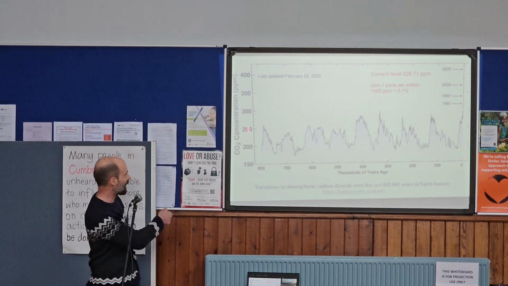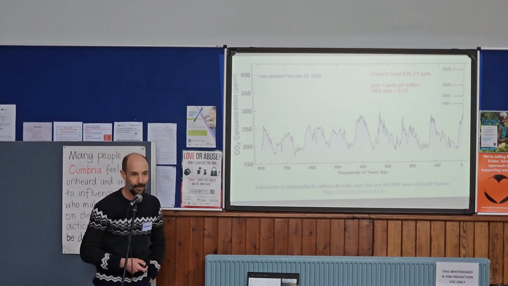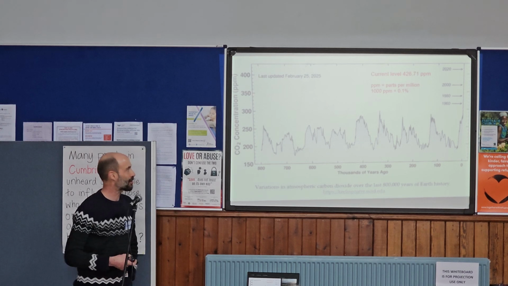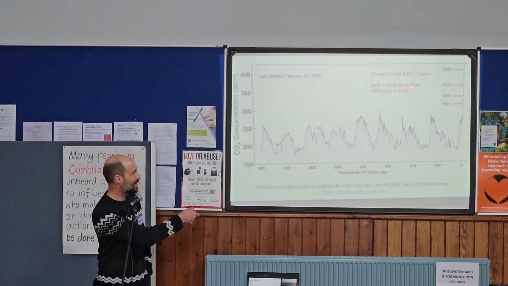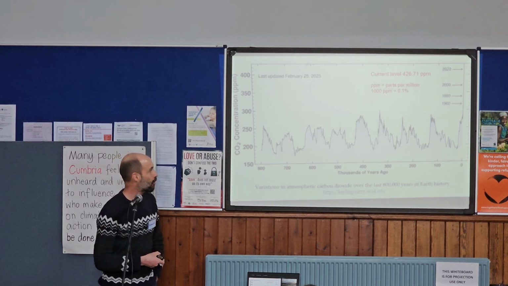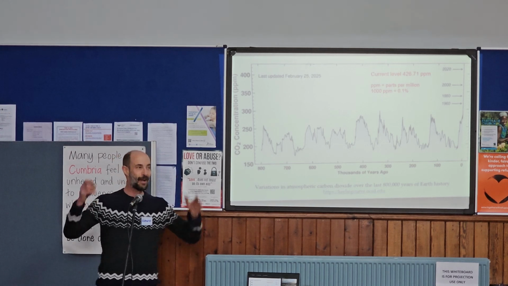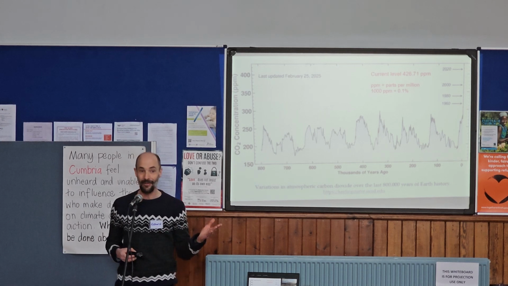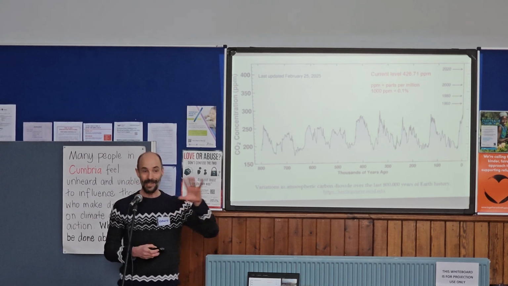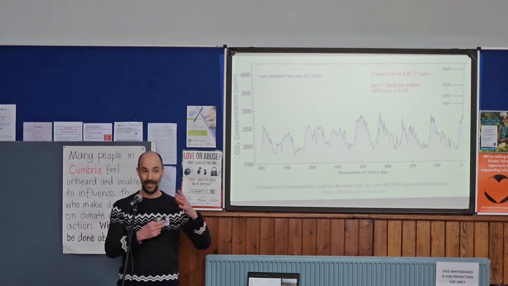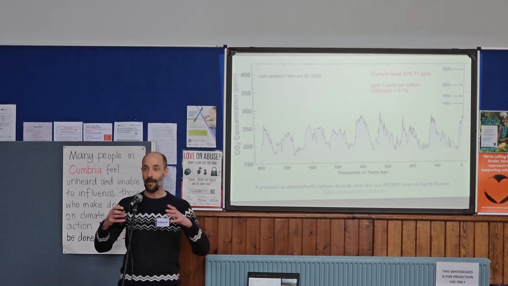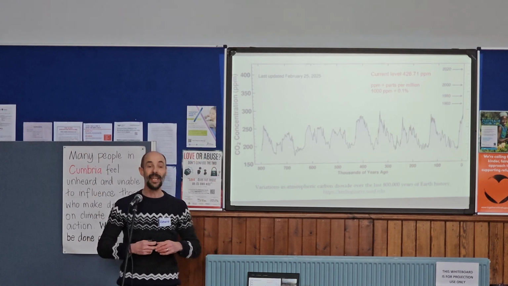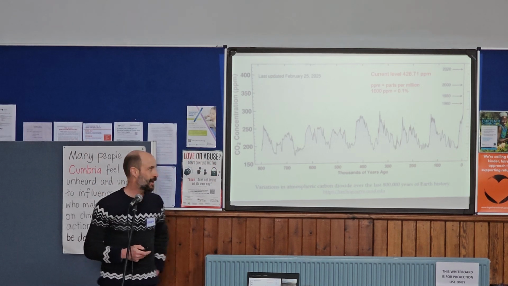This is the concentration of carbon dioxide within the atmosphere in parts per million. So we're currently at 426 parts per million. Basically, that translates to about 0.04% of the atmospheric concentration at the moment being made up of carbon dioxide. It doesn't sound like very much, and it isn't very much, but that small percentage is enough to have a significant impact on the absorption of the outgoing heat energy from the Earth and to contribute to that warming.